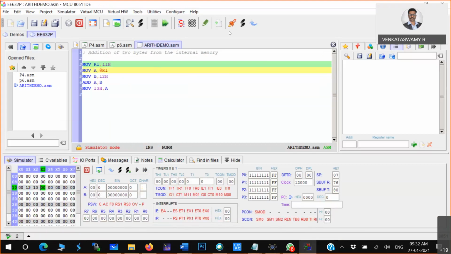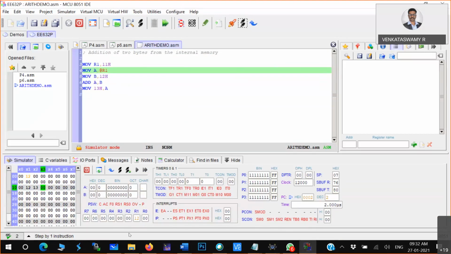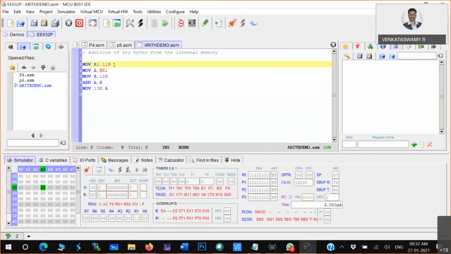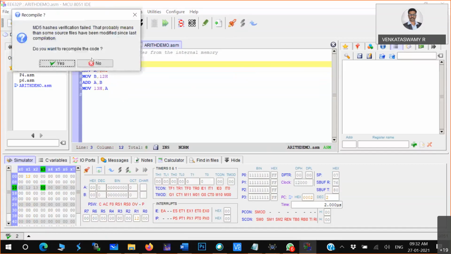Now you see here after running the first instruction. Okay, so can you see here? Sorry, R1 should be 11H. So you have to hard code. Sorry, here you can see one mistake we have done. The pointer is basically the address. It should be the value. Okay, it should be the value. So now I am just running.